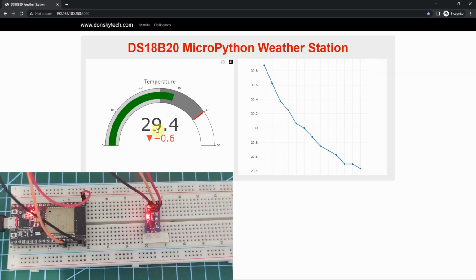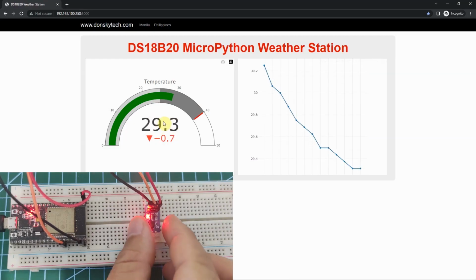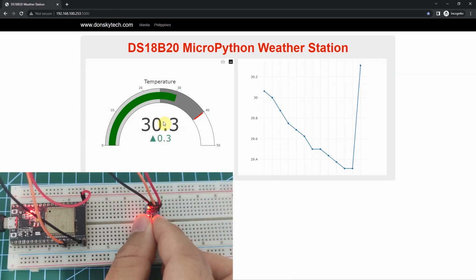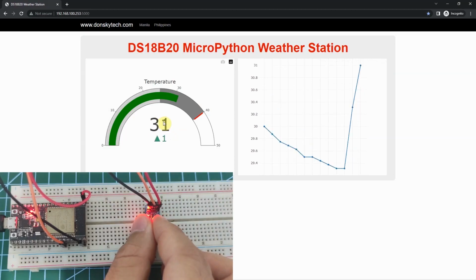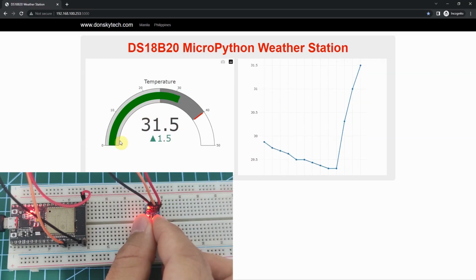Sensor readings are automatically displayed, and if I try to hold my DS18B20 sensor like this, then I am expecting that the temperature will change, which actually happens. As you can see right now, the temperature has shot up to 31.8 degrees Celsius.